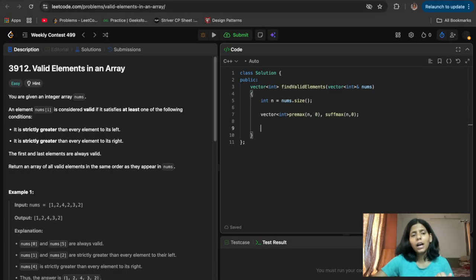In the last statement, they clearly said the valid elements in the same order. So we want their indices. And if we store the actual values in premax and suffix max, we will not know which element was first and which element was the second one.